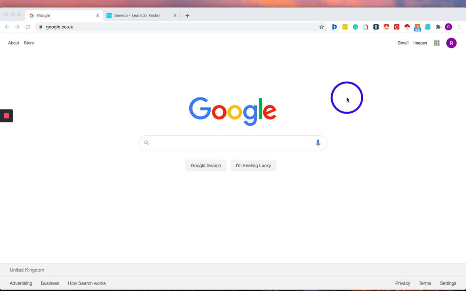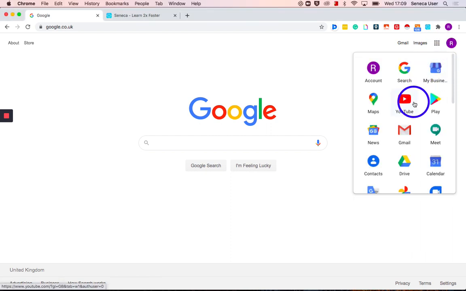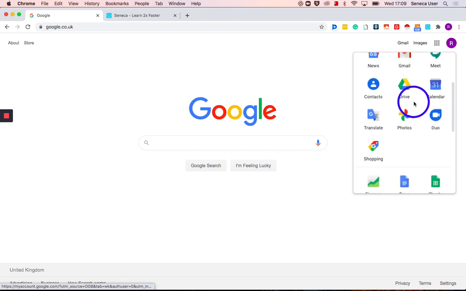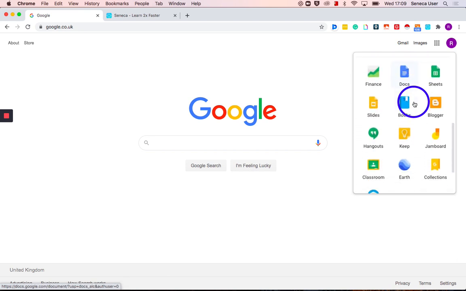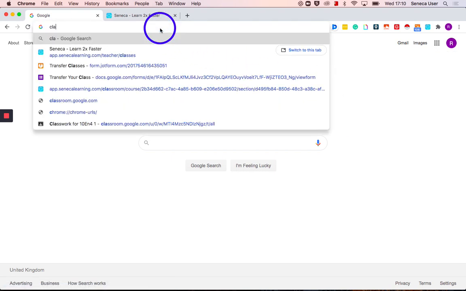I'm going to show you how to use the brand new Google Classroom. So when you visit Google, the first thing you'll need to do to get to Google Classroom is click on the little apps section up here, and then scroll down and find Google Classroom. It might be on the second page, it might be on the first page, it might have moved around for different people. Mine's just here, but you can also access it by